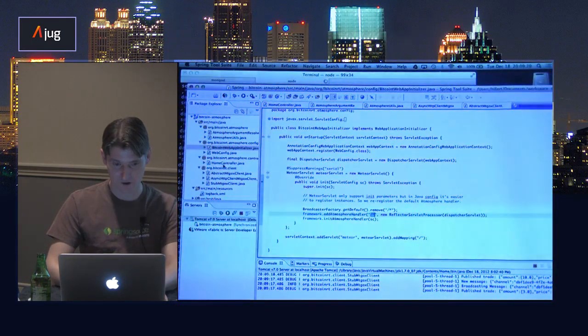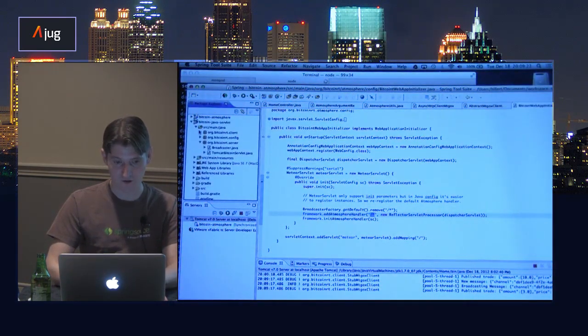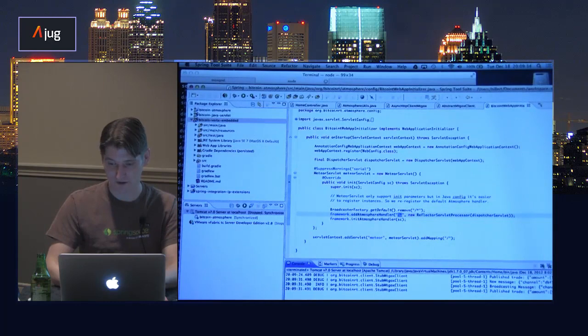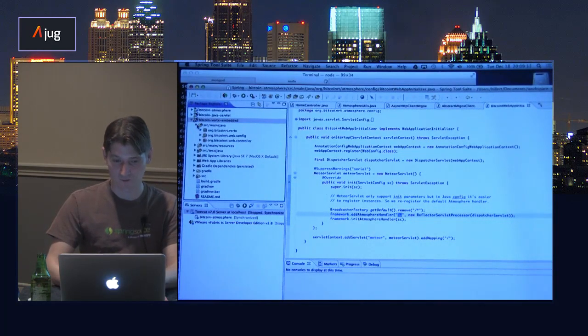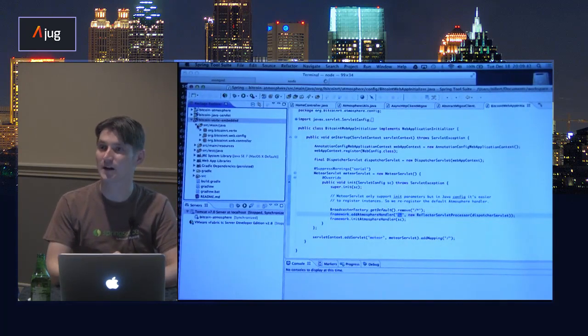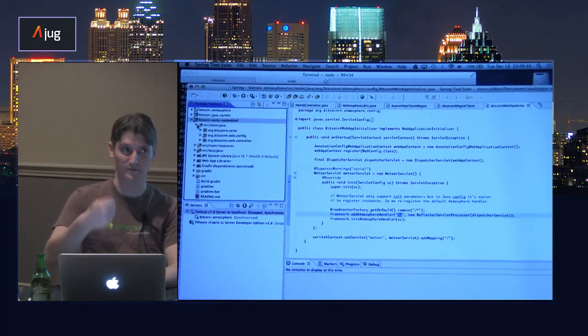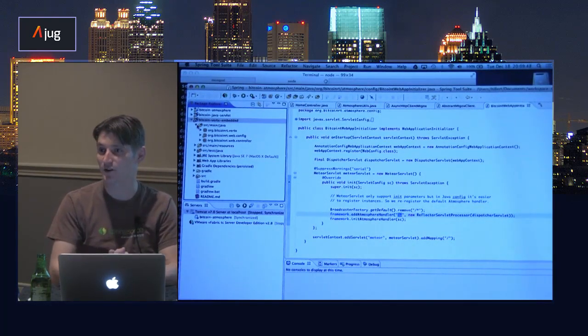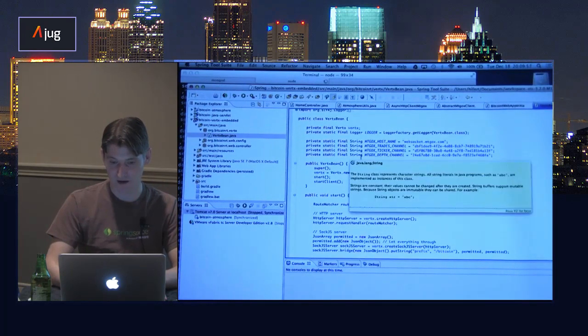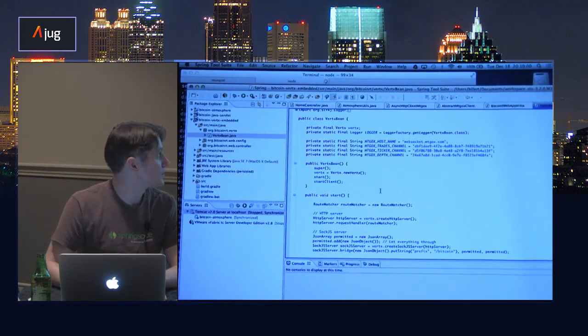Let me go in here into the Vert.x example we have. The funny thing is that in this case I have an embedded sample of Vert.x running here. Typically you can run Vert.x as a standalone implementation, kind of like Node.js. But you can also embed Vert.x itself into your application, like what you can do with Jetty or Tomcat, within your main method in Java. So I have my Vert.x bean here, which will bootstrap a new Vert.x instance.